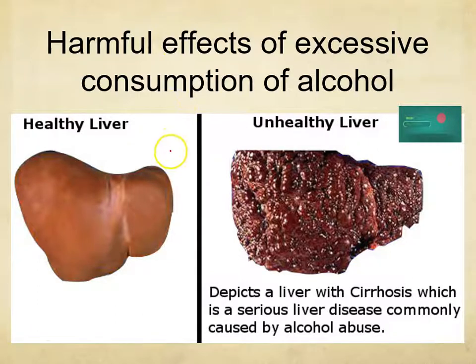Okay, so over here we can see a healthy liver. Now this is an unhealthy liver in the disease known as cirrhosis. It looks a little bit disgusting, right? You can see that there are a lot of bumps and it looks very rough. So all these bumps that you see over here are your fibrous tissue, right? That's why they look like they are filled with something. Okay, so I'm just going to ask you to watch